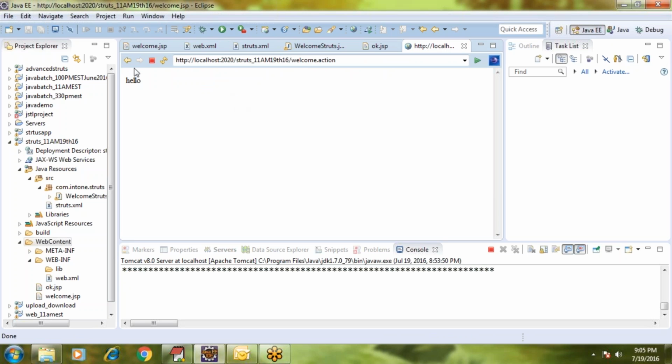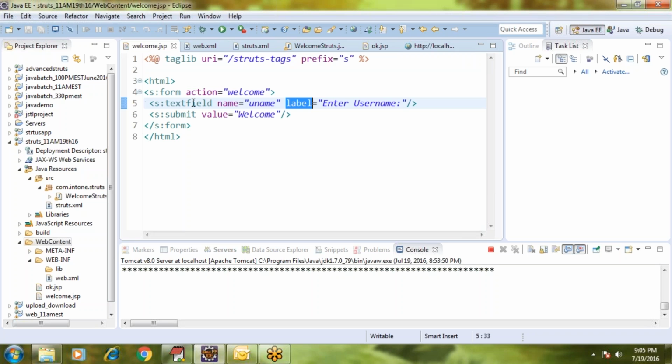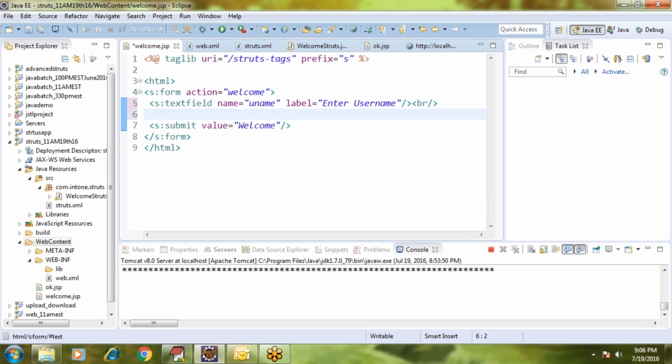Okay, so this is another scenario where we can add the field of form. So we have a text field, name is a must, label is optional. Likewise, we can add any number of form fields here. Assume that we have many form fields, and for an action, in the form of a condition, if the condition is satisfied we will forward to success, otherwise failure. Assume that in that case, I'm going to add two more form fields here, one for username, it's a text field, and let's take a break here. We'll go for one more field,